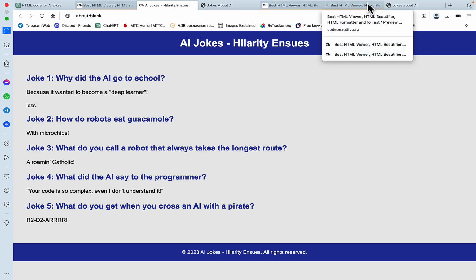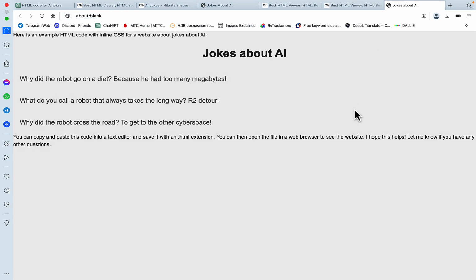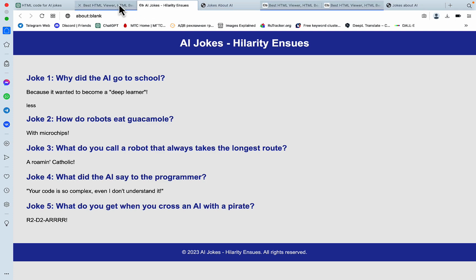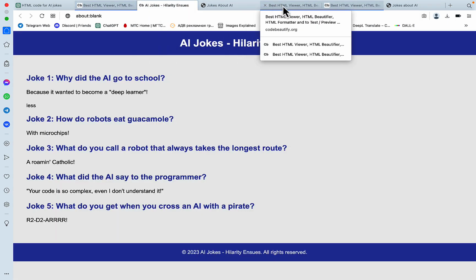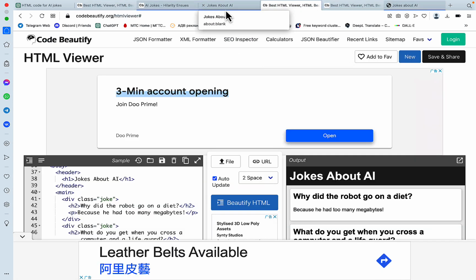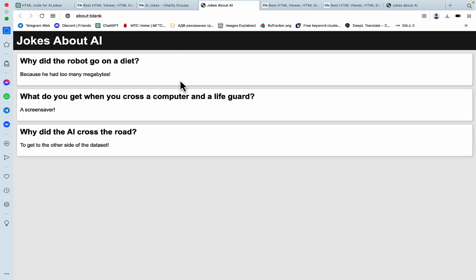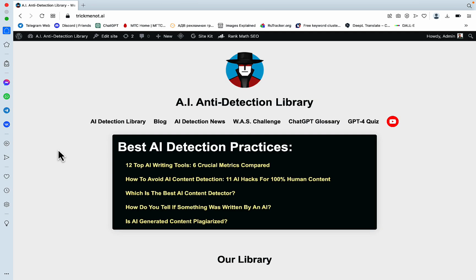Yeah, and this is Bing. So Bing is like a very poor version of what even GPT-3.5 did, so I'm not sure what's happening here. But as far as GPT-4 and GPT-3.5 go, GPT-4 takes the place. So this is GPT-4 once again, and this is GPT-3.5. Okay. And actually, as far as coding goes, GPT-4 is quite good, so I did this little test before I recorded this video. If you go to my trickme.ai website and head over to the GPT-4 quiz,